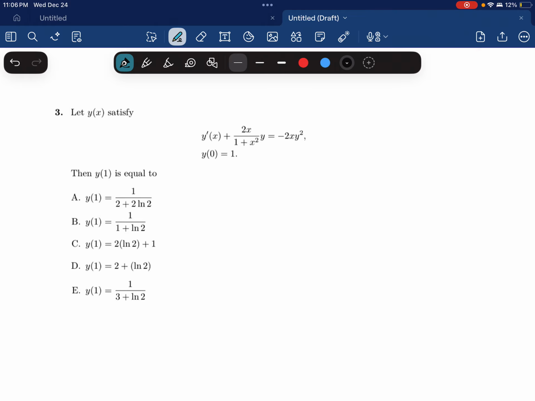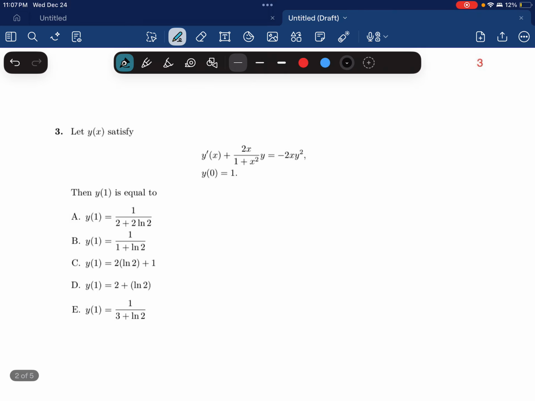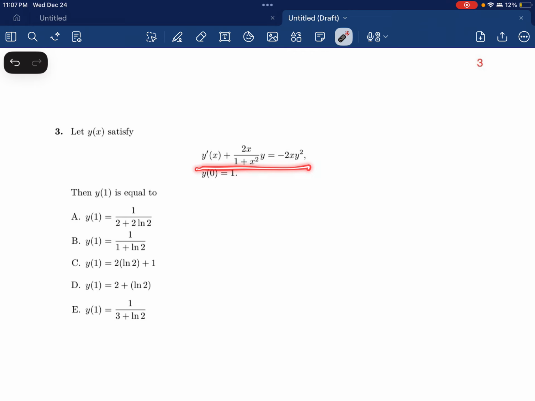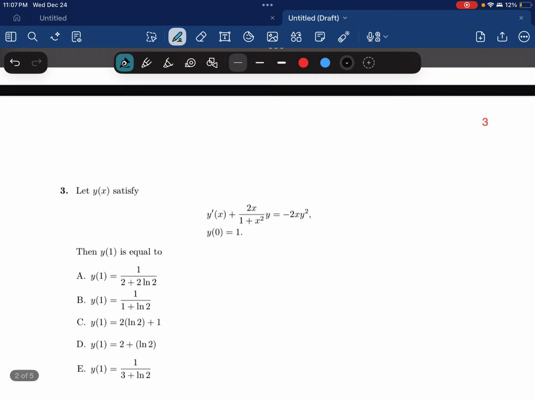Let y of x satisfy y prime of x plus 2x over 1 plus x squared times y is equal to negative 2x y squared, with the initial condition y of 0 equals 1. Then y of 1 is equal to blank. You have a bunch of options. Okay, at first glance, this kind of looks like a first order linear differential equation